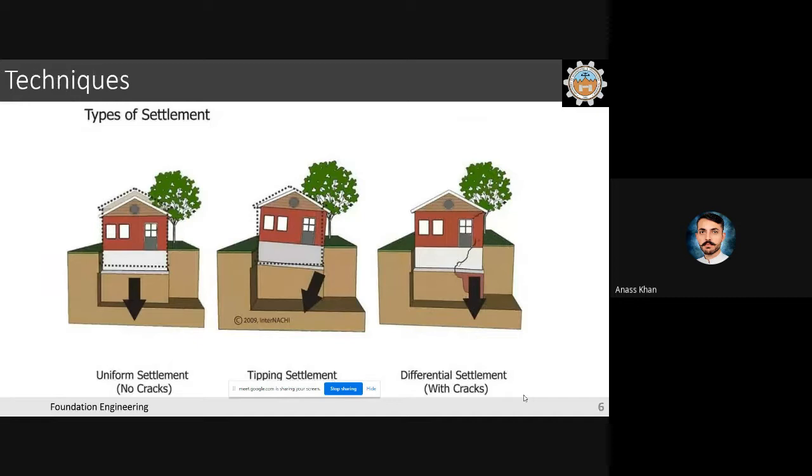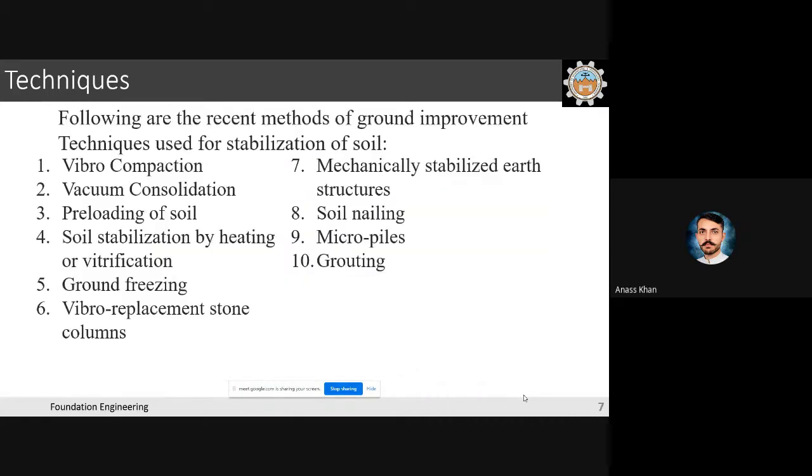Initially, the types of settlement due to weak soil are: uniform settlement, in which no cracks are observed. The next one is tipping settlement, in which it settles from one tip while on the other side it is stable. No cracks are visible in this case also. And the third one is differential settlement, in which a part of the soil gets settled, and it provides cracks in the structure or building. The techniques that we will present today are Vibro Compaction, vacuum consolidation, preloading of soil, stabilization by heating or vitrification,